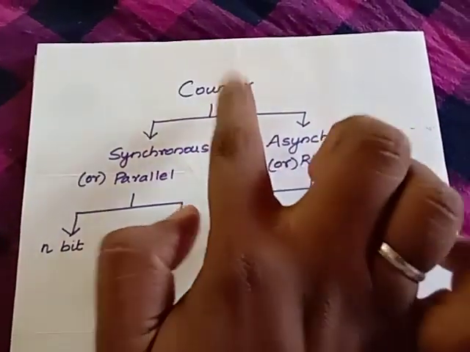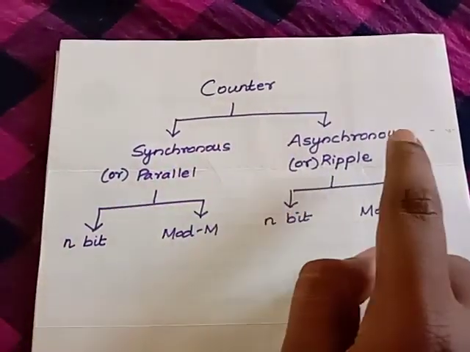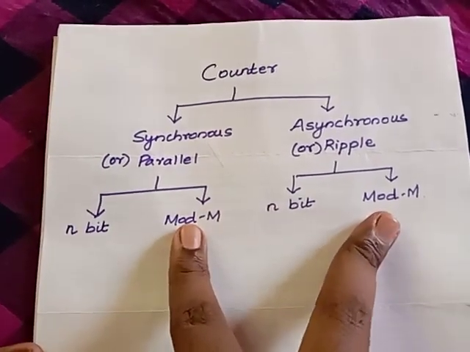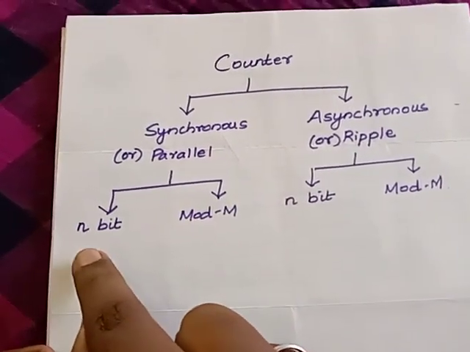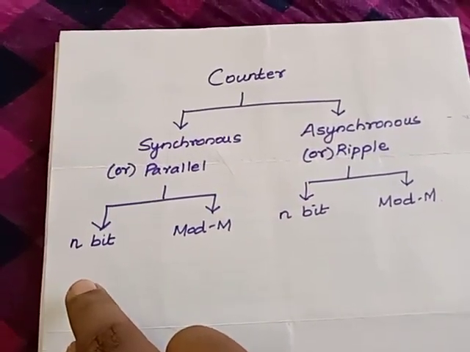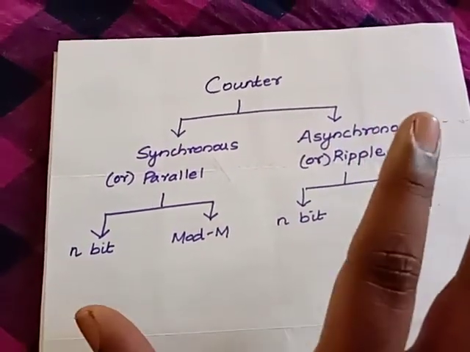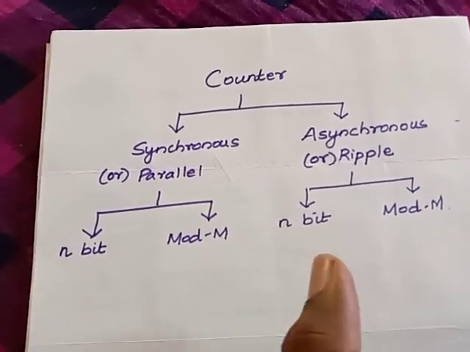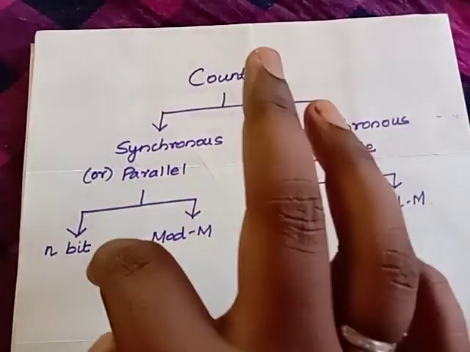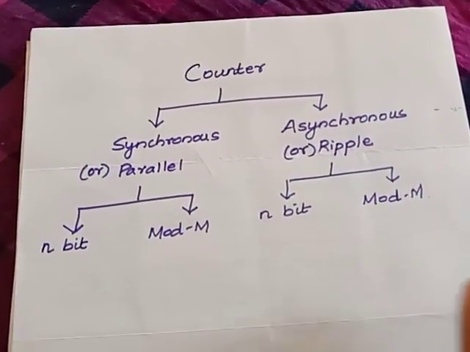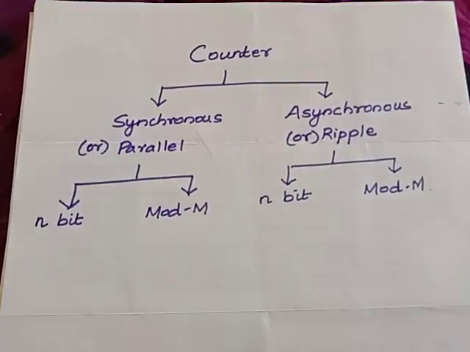Now this tells you the overall classification of the counters. Now we have understood what a counter is, what synchronous is, what asynchronous is, what an n-bit counter is, what a modulus m counter is, and how to find the number of flip-flops to be used in each category. Now I'll take you to a set of presentation slides to give you an overall view of the circuit diagrams of all these categories, and then in the next session we'll discuss the design of each one.